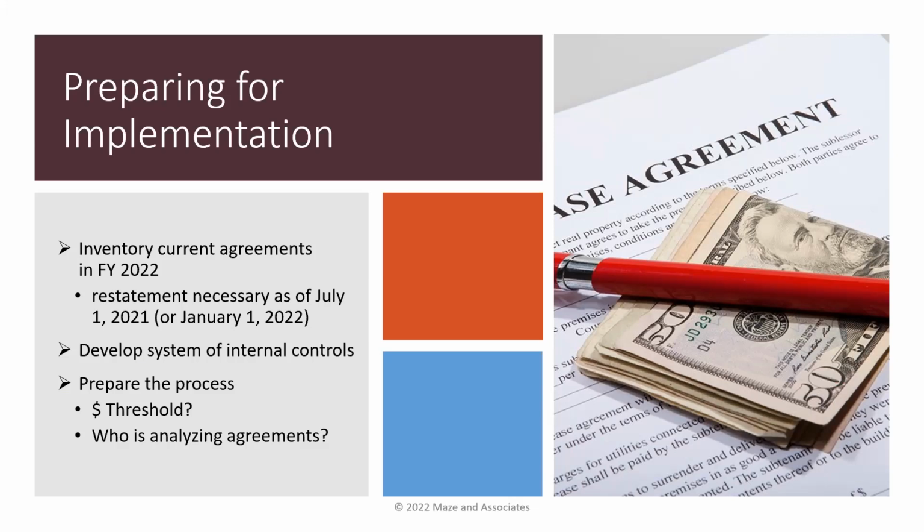And I have clients that have started this, that have one inventory with everything on a schedule. I've seen clients that have an Excel schedule where they have one tab for the agreements that are being capitalized versus the ones that are not, but at least everything's together, so you have all of your agreements and your decision points in one place. And as Whitney mentioned earlier in her class, as you go through this process, when you run across those subscription-based information technology arrangements, knowing you're going to have to go through the same process next year, not that you have to make a perfect inventory this year, but as you run across them, start your inventory for that implementation, since that's going to be coming in fiscal 23.